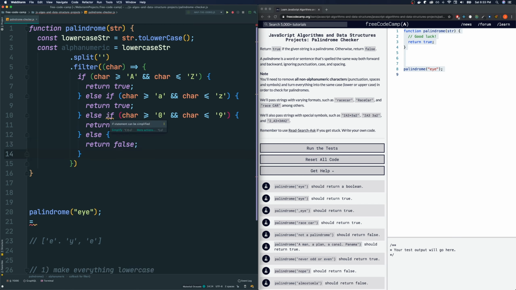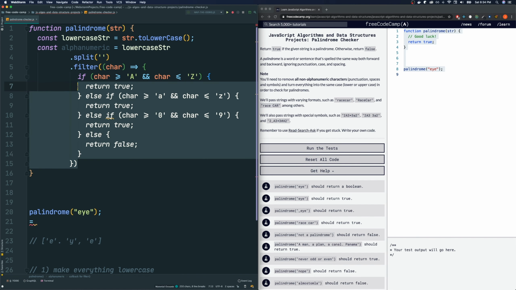Why is this erroring out? Not sure. This statement can be simplified. I know it can be simplified, whatever, WebStorm. All right, so this is a very long and tedious way of checking to see and filtering out the non-alphanumeric